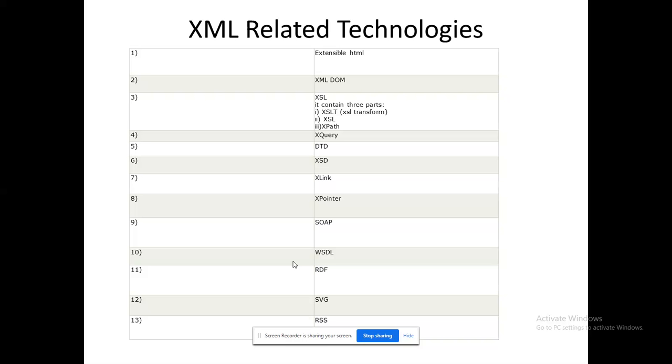So XLink and XPointer are ready to represent the corresponding path for accessing the root element or the child element, whatever it may be. Simple Object Access Protocol, SOAP, works when I'm going to access any service or publish any service, or if I'm going to use the output of one service as input to my service. In those cases, SOAP will be ready to represent WSDL. WSDL is nothing but it represents my SOAP messages, the SOAP request and SOAP response messages, right?